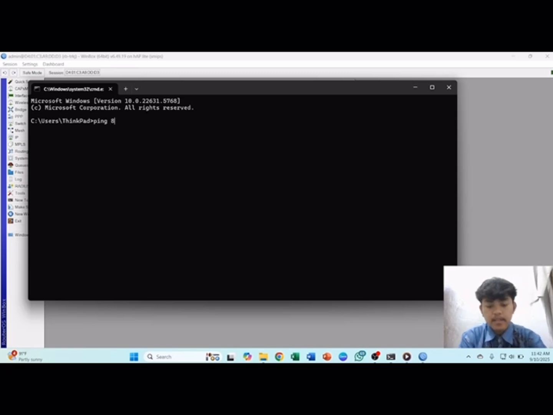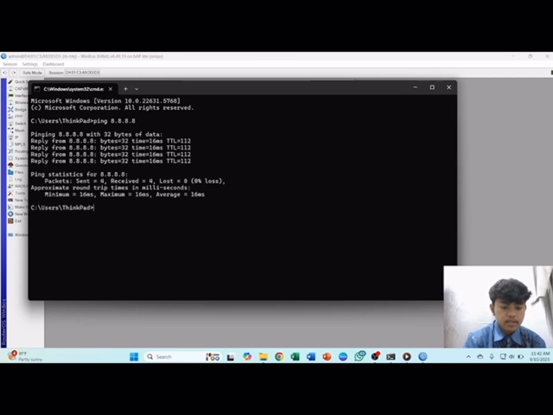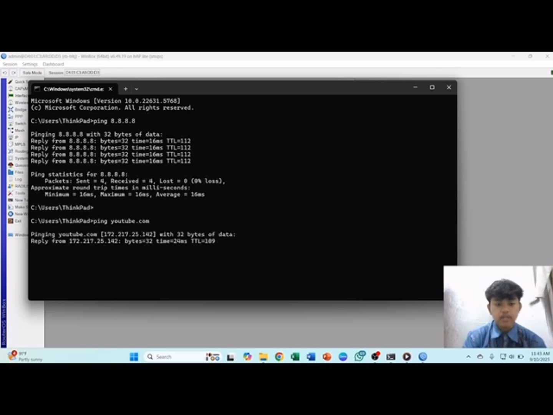You can check in the command prompt, your ping to 8.8.8.8 can reach the network, and you ping YouTube and it can connect.